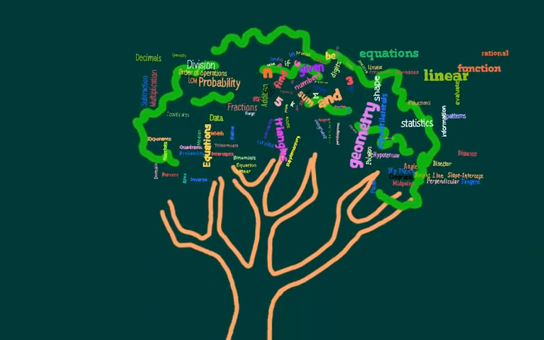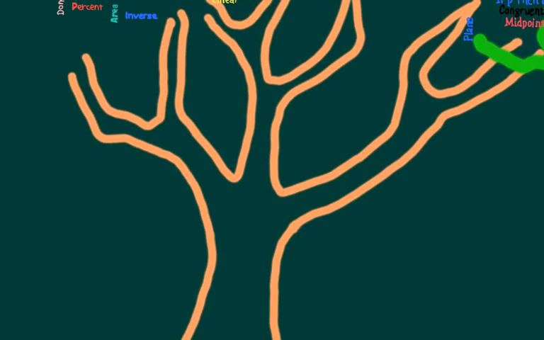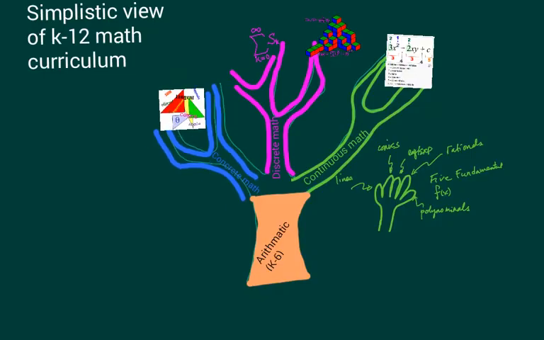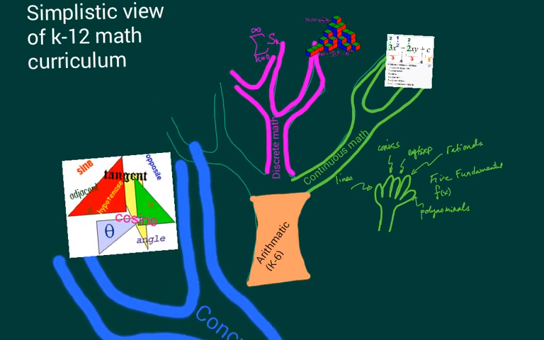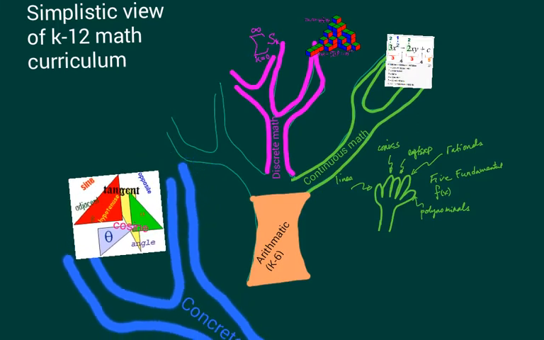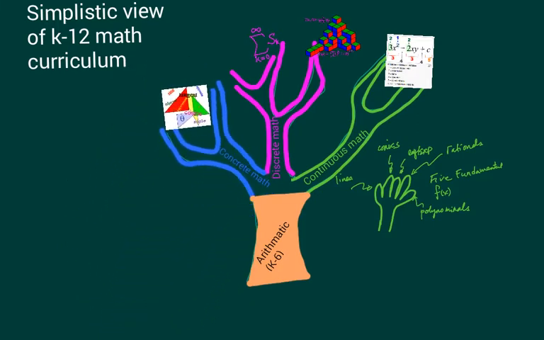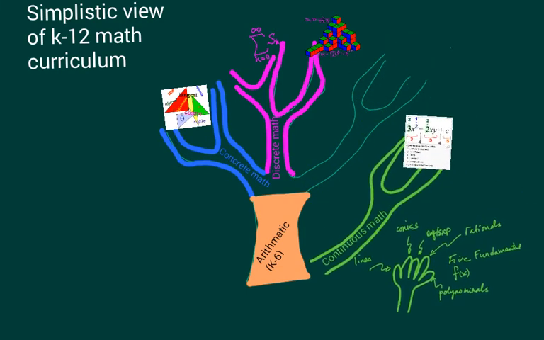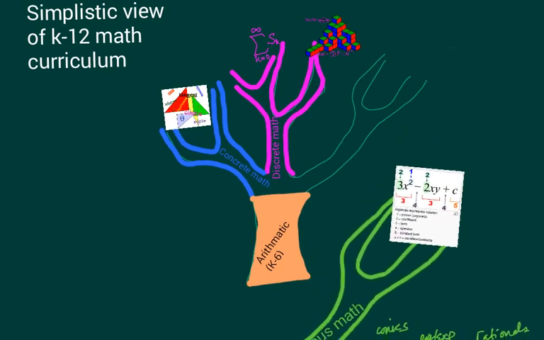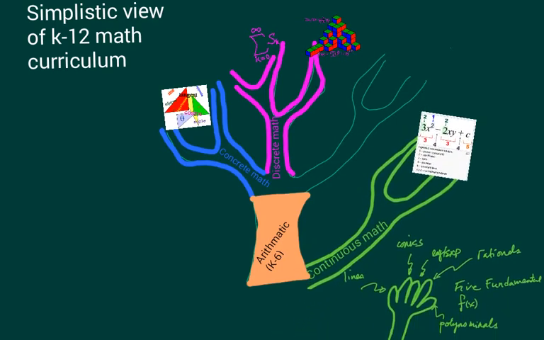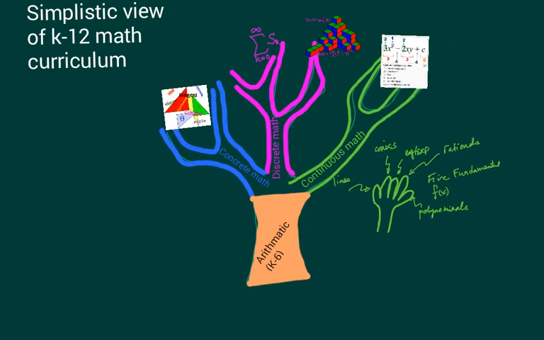If we were to take down all the simple vocabs, shrink them down and look from above, there are really just three branches we're dealing with in K through 12 math. Very loosely speaking, those three branches are concrete math, where we deal with shapes. So it's geometry and trigonometry down the road. That's one branch over here. And then continuous math, where we're dealing with more of functions, where the subject matter is the function and continuity. Later on, it evolves into analysis or calculus down the road.